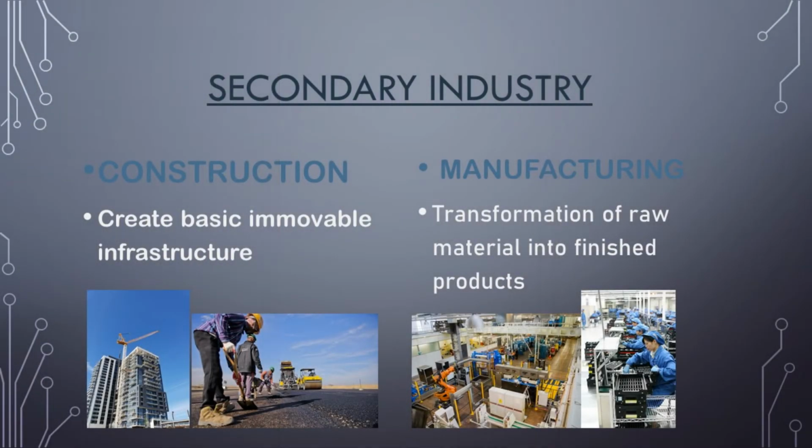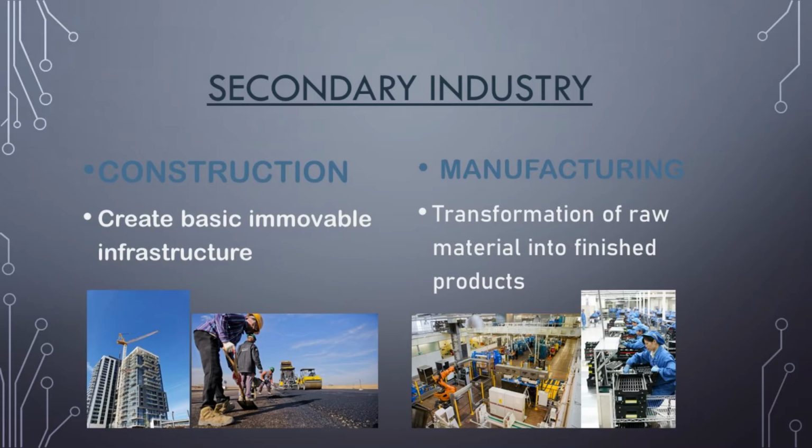Now let's understand secondary industries. Secondary industries process materials which have already been obtained at the primary stage. They process the output of primary industries for making products for final consumption. For example, the fruits grown in a farm and directly consumed by consumers is an example of primary industry. But processing the fruits for making jams is an example of secondary industry.